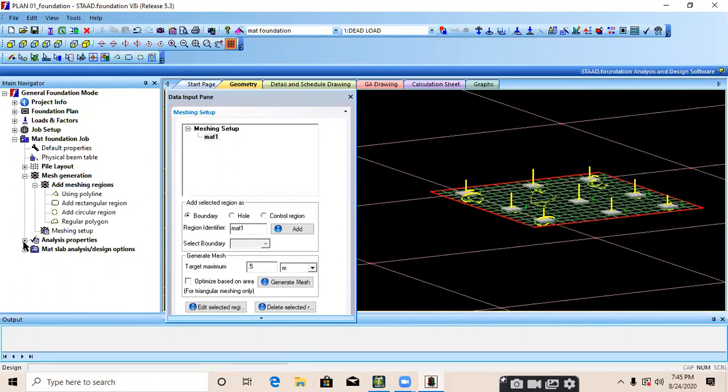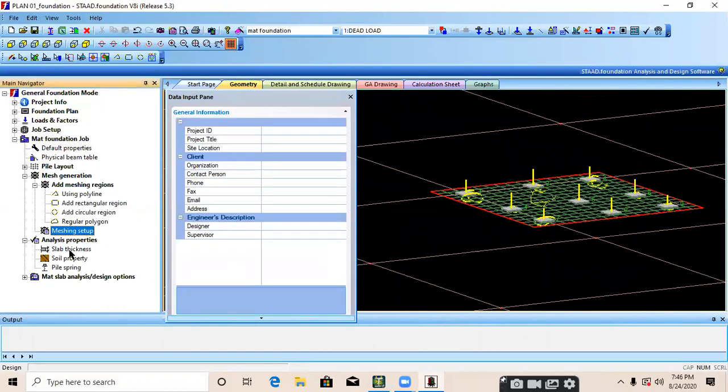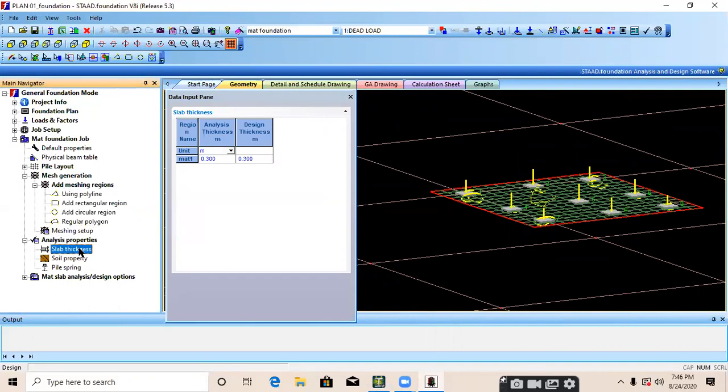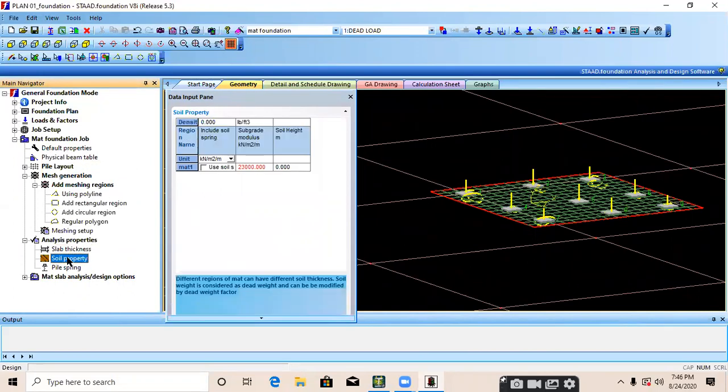Now go to the analysis property. Click on that plus sign. Go to slab thickness. It will be the same as the default properties which we have provided. Then go to the soil property. We need to check mark the used soil box.